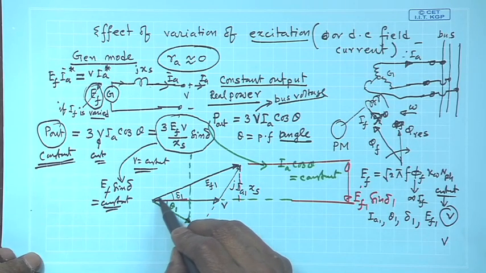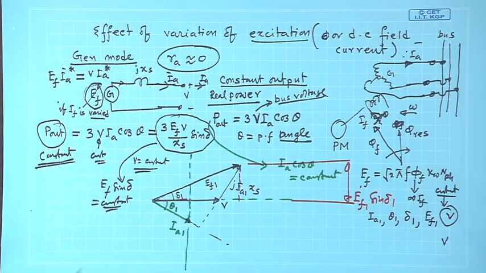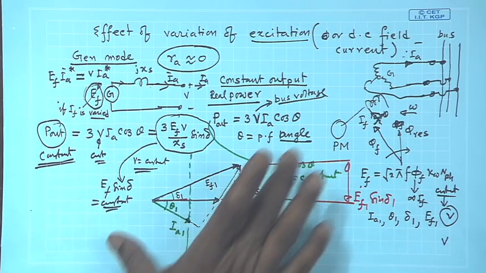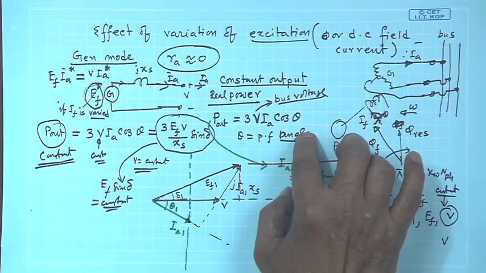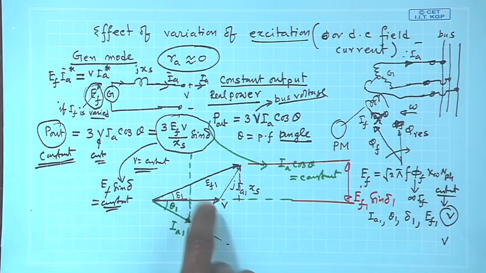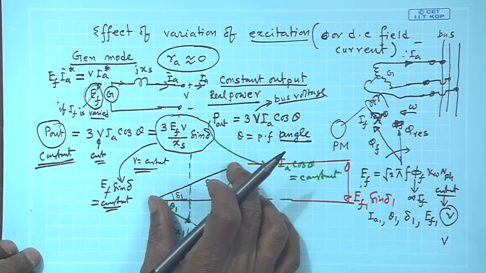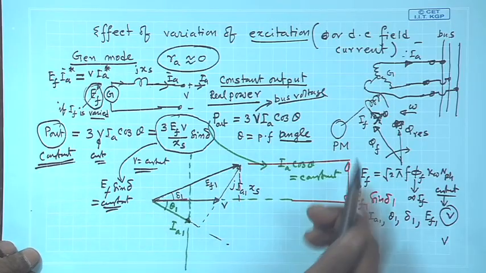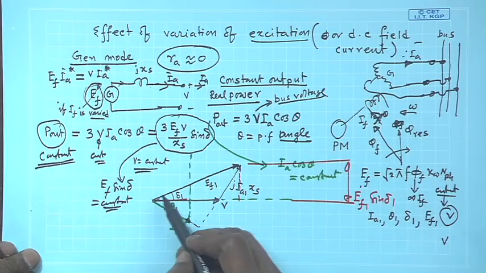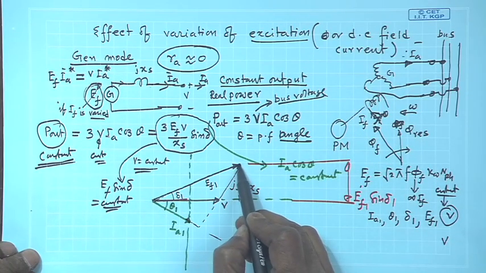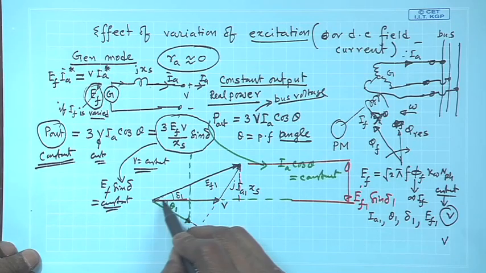So, this length must be increased, it will become bigger. Now, the interesting point is it will be bigger, no doubt, but since the power is constant, the tip of this current phasor cannot but lie